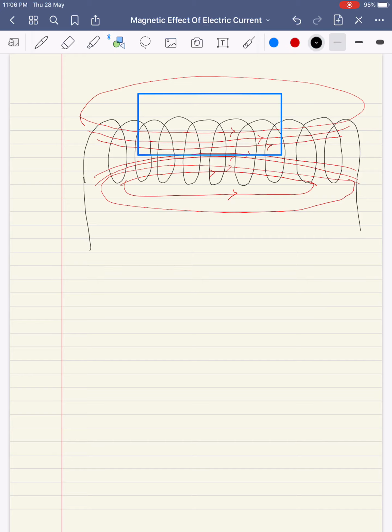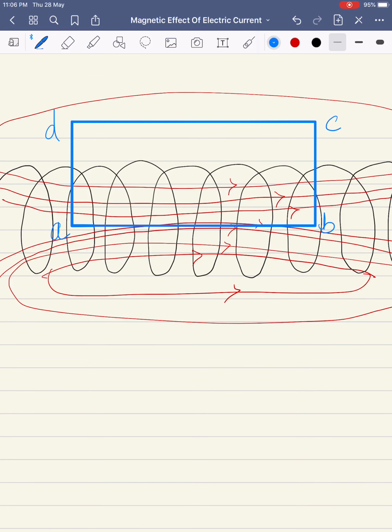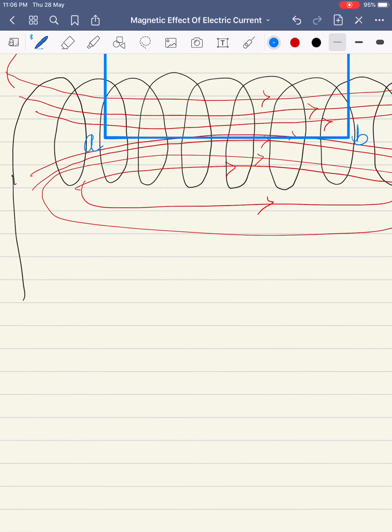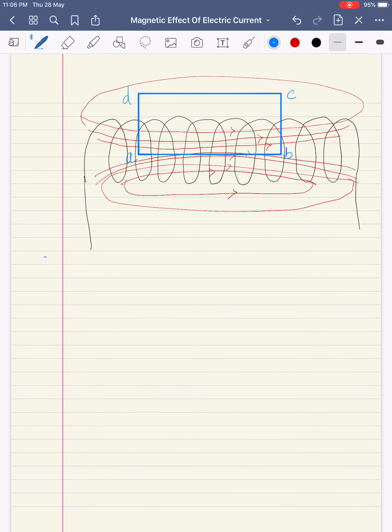So here, if you check the Amperian loop, let's say this is the Amperian loop A, B, C, D. Okay, Amperian loop A, B, C, D. It's in the form of a rectangle. Okay. So part of the loop is within the magnetic field and part of the loop is outside the magnetic field. Getting it clearly? So how do we go further? Look over here for the explanation.